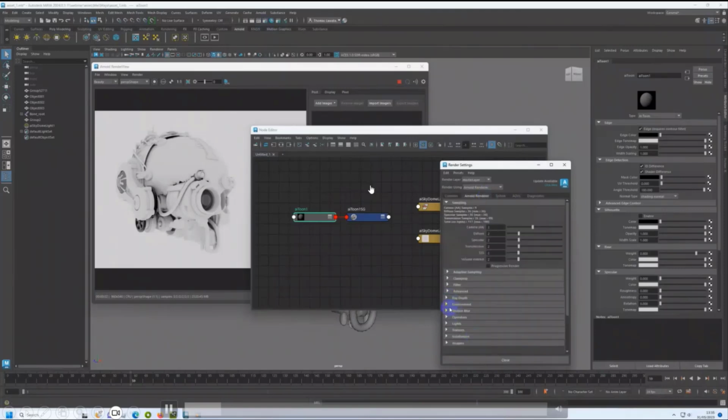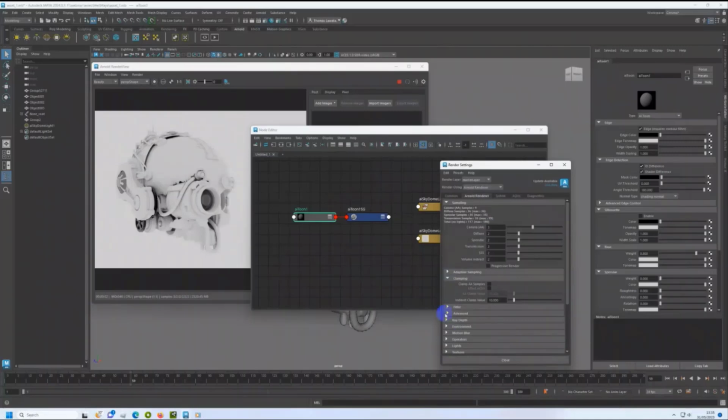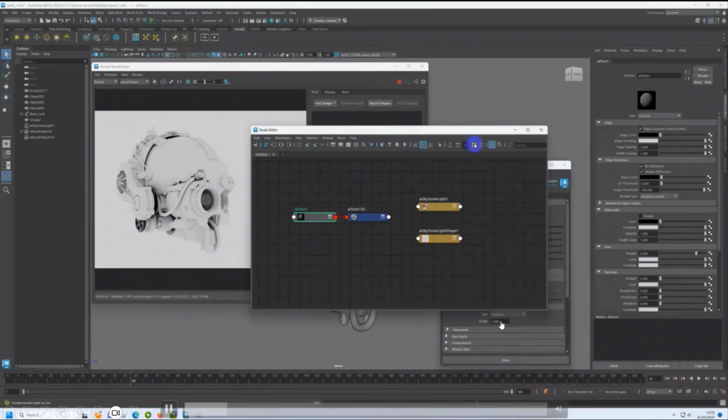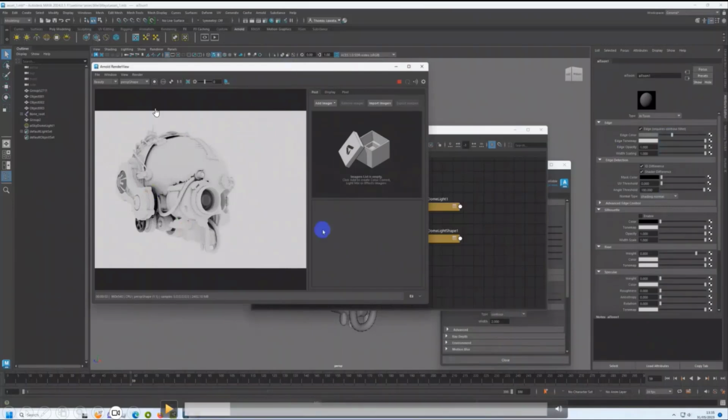Then you can go to the environment, filters again. In the filters you can put the contour. Remember, once you want to create the toon shader, the outline, that's why we need to put the contour filter here, the type contour.